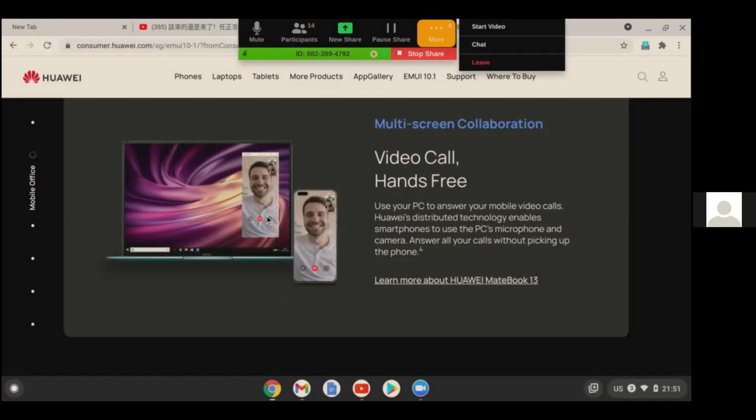And what I'm trying to say now is that the potential is there, because Huawei, being a latecomer, already knows what things are needed.